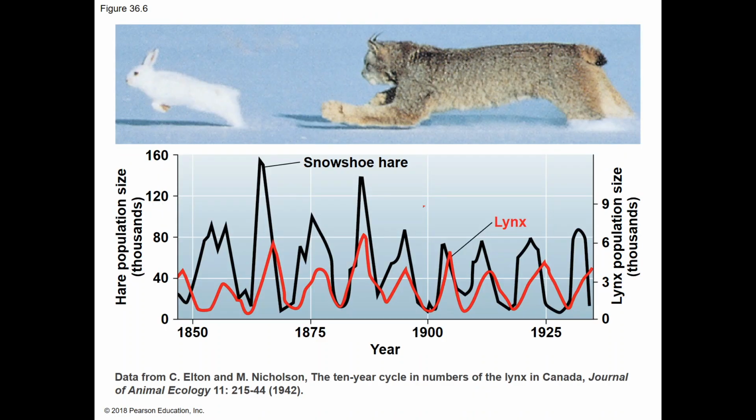Then they started looking at that lynx species that I mentioned. Their second hypothesis was that maybe there were times of excessive predation upon the hares. What we see here is the hare population graph in black, and these jagged ups and downs are those boom and bust cycles. As you can see, the lynx population has pretty similar peaks and valleys in their boom and bust cycles as well.